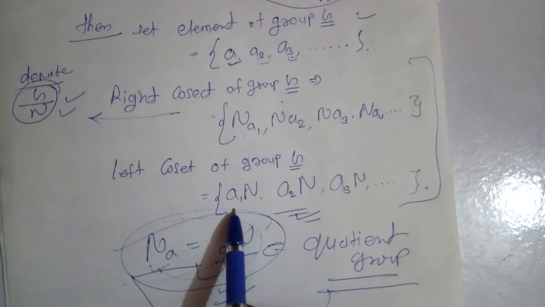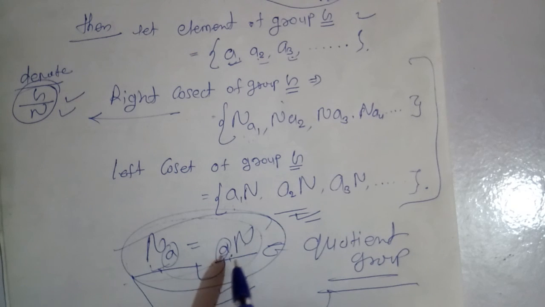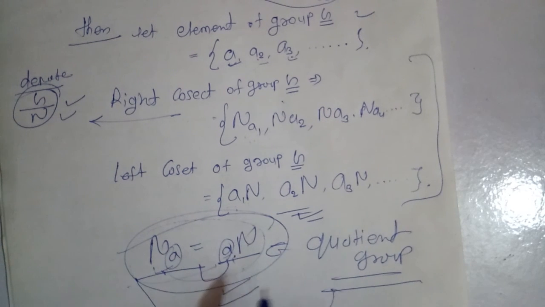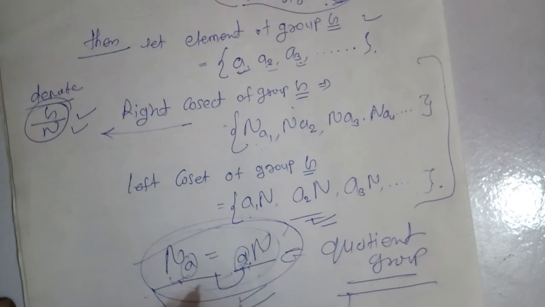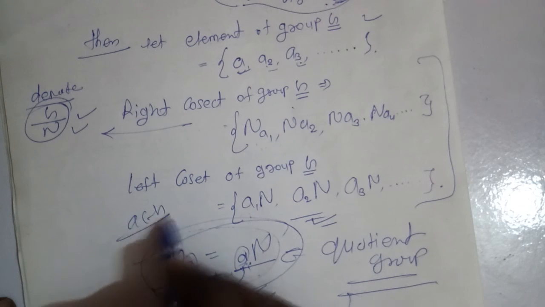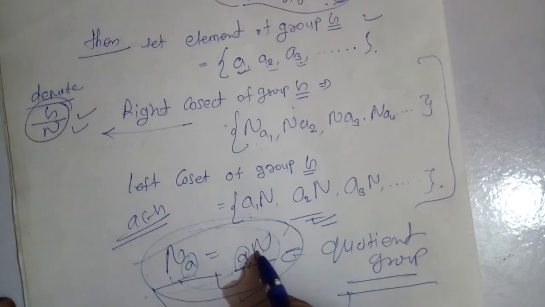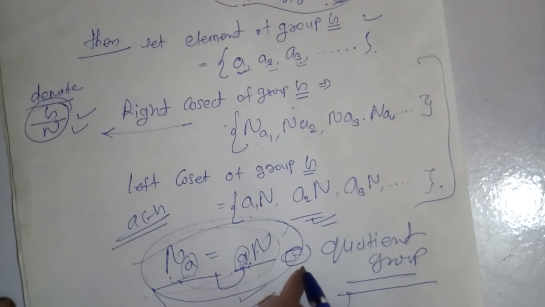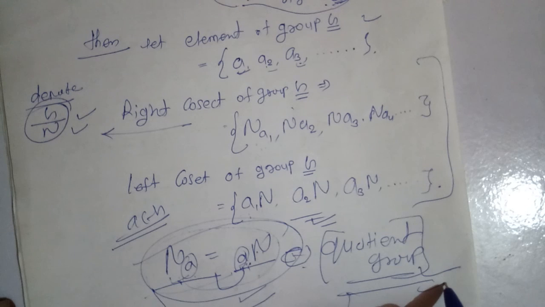This is mentioned in the set, a1 and a2 and a3, and this is a left coset. It implies that a1 and a2 and a3, and a is mentioned here, right? What is the a element? A, students, a is an element of G. First we can also create it here. What is the a? A is a group of G element, friends, and then we write here Na is equal to aN. This is also included in a group, and then we call this group a quotient group. Okay students, thank you.